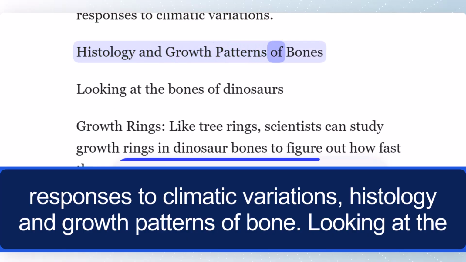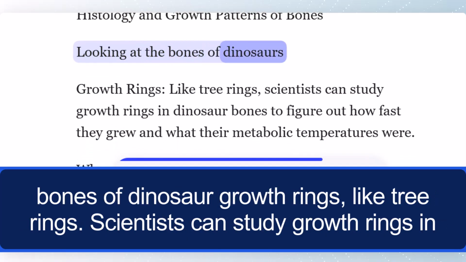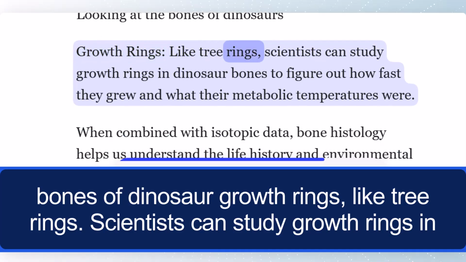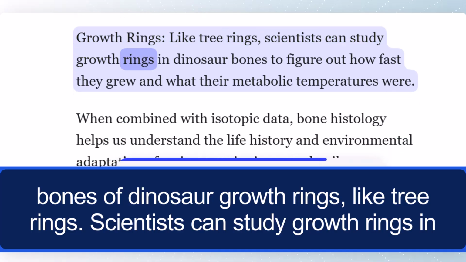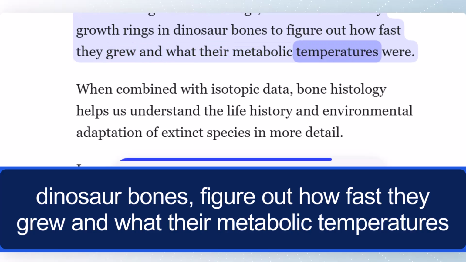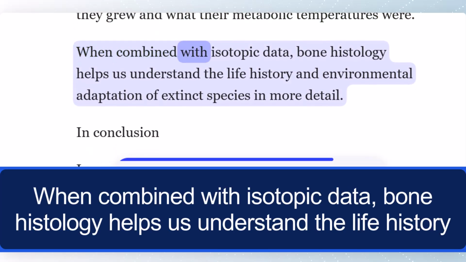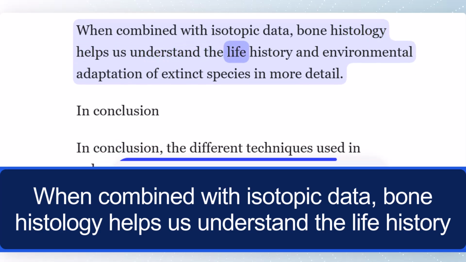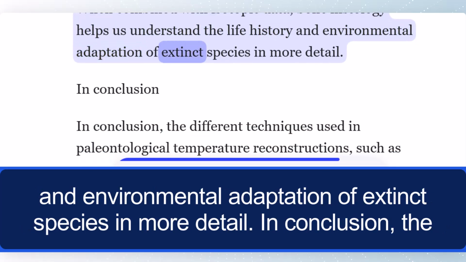Histology and growth patterns of bones. Looking at the bones of dinosaurs. Growth rings, like tree rings. Scientists can study growth rings in dinosaur bones, figure out how fast they grew, and what their metabolic temperatures were. When combined with isotopic data, bone histology helps us understand the life history and environmental adaptation of extinct species in